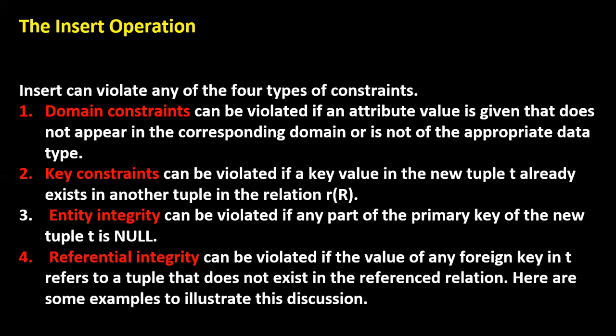Again, while inserting values to the table, where some of the attributes refer to the primary key table attributes, you should be very careful while entering values. The value of the foreign key must be the same as the primary key. But if you have given some value to the foreign key which is not available in the primary key, then it will say parent key not found, and the foreign key and referential integrity will be violated. So these are the four possible types of constraint violations that may happen while inserting new tuples.